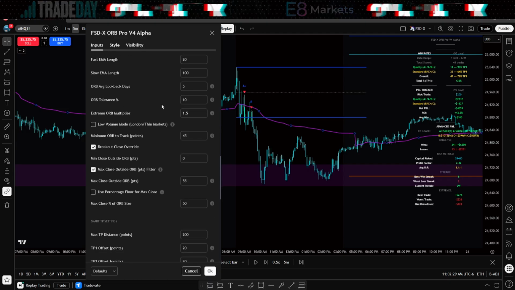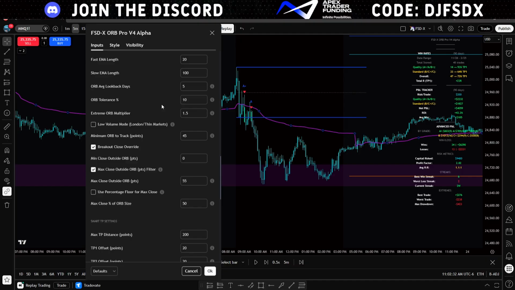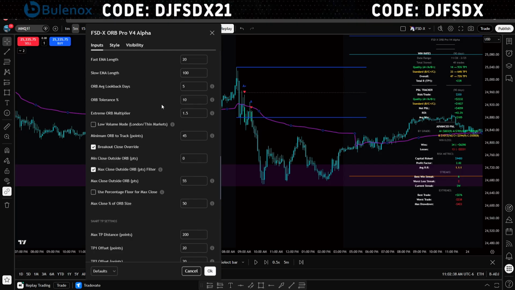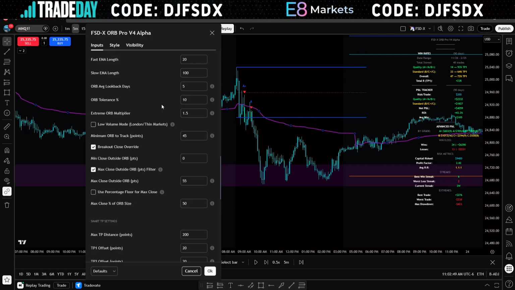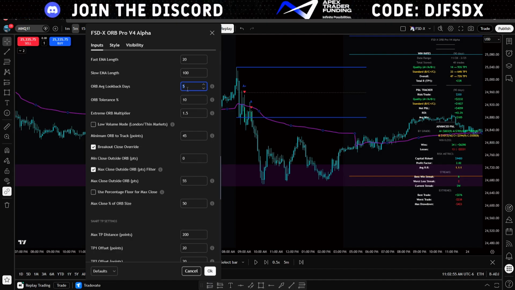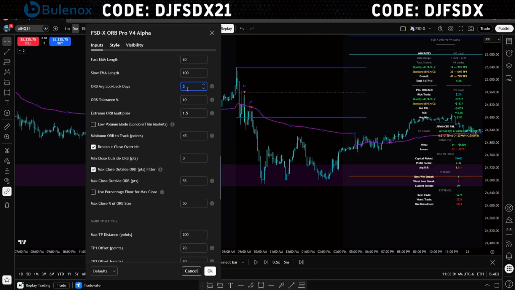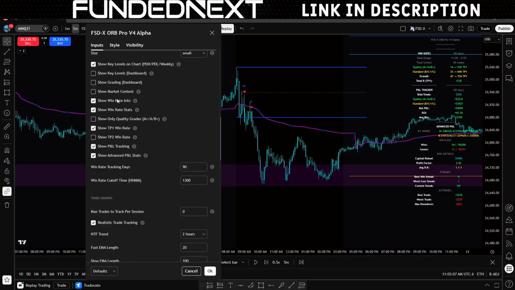Okay, so the ORB average look back days. In the old system we had a range. It basically said if the ORB is within this many points and this many points, it's valid. If it's not within that, it gets penalized in the grading system. So what I did was I went back in and it looks at up to, I think, 10 days of ORBs. I think that's the max I set it to. It will look at all the past ORBs for 10 days or 5 days or 7, whatever you want to set it to, and it will average it out, and then it has a threshold from there. So if we turn this off,